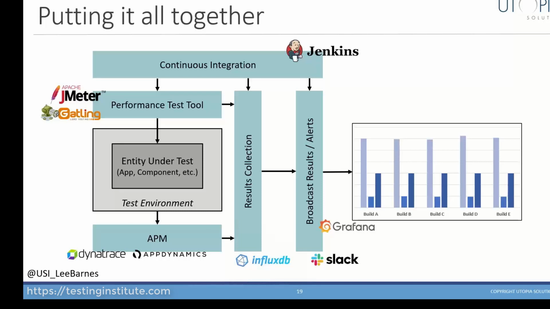Maybe getting an APM solution running in that environment if it isn't there already. Then evolving to results collection, and then finally broadcasting the results. I mentioned the backlog, and this work should be part of your technical backlog, so it becomes part of your efforts toward continuous improvement. I think in organizations, at least that I've worked with, where this work was done, quote unquote,